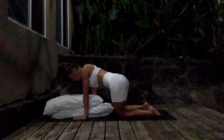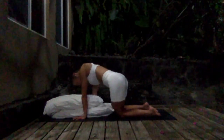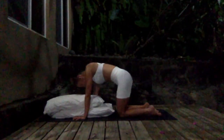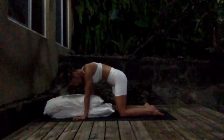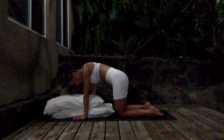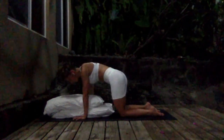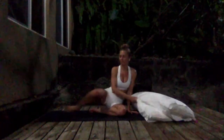If you're feeling a little bit sleepy, that is totally okay and normal. You can keep the eyes closed, and again, let the head, the neck hang heavy as you just sway your body side to side. Noticing how the outer hips feel nice and open here. And we will do one last pose seated, and then we'll go down onto our backs for the remainder of practice. So you'll want to face one of the long sides of your mat, and we'll come into a straddle